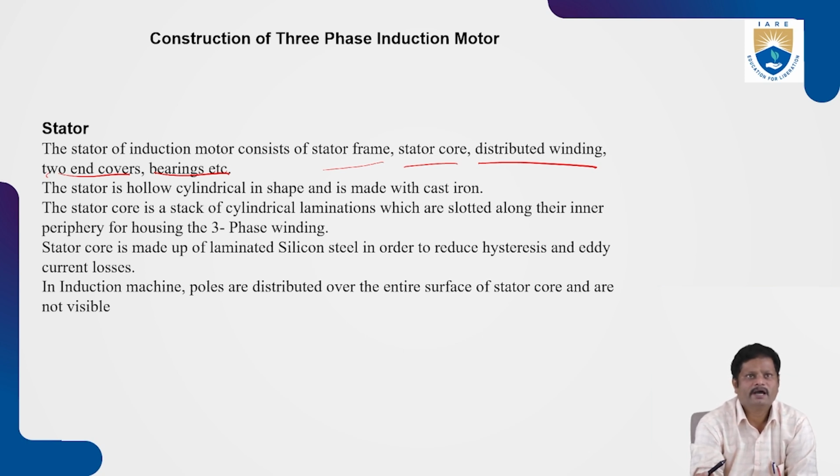It is a hollow cylinder in shape, made with cast iron. It is a stack of cylindrical laminations which are slotted along their inner periphery for housing a three-phase winding. Thin laminations are stacked and riveted, bolted